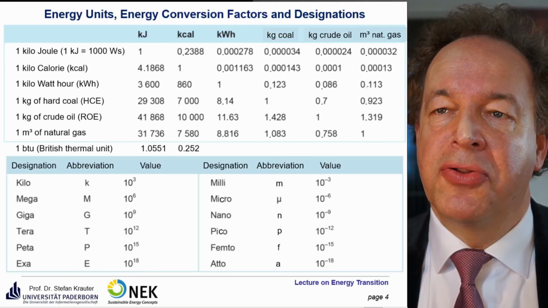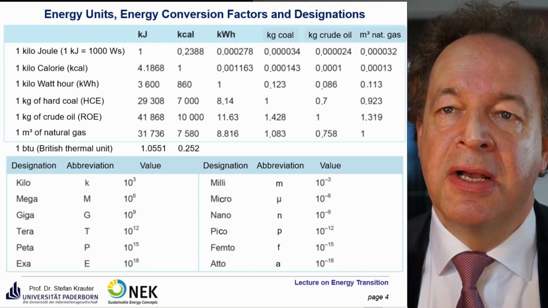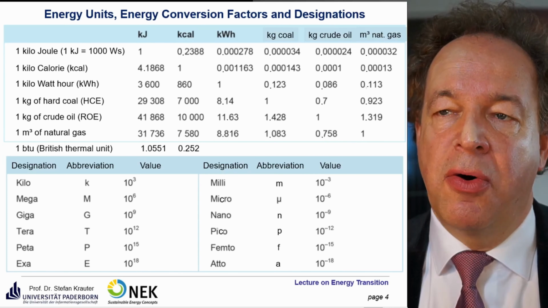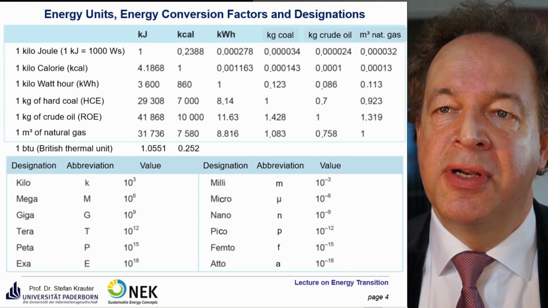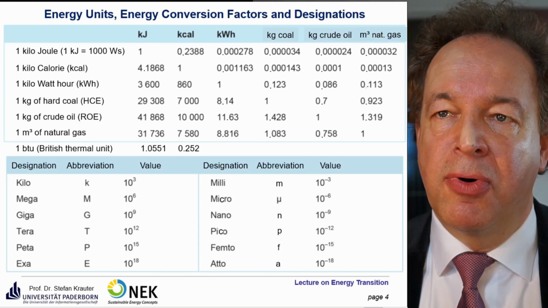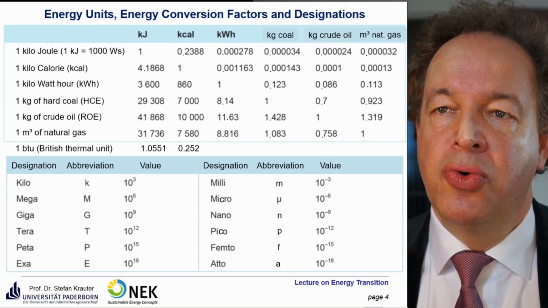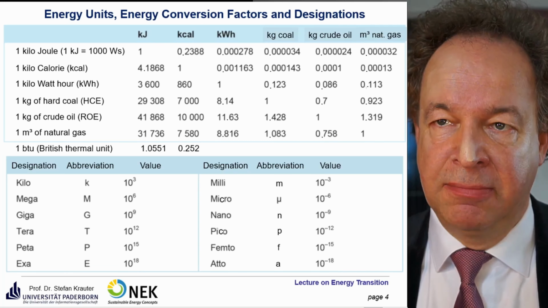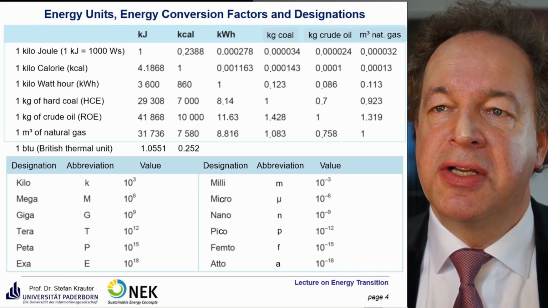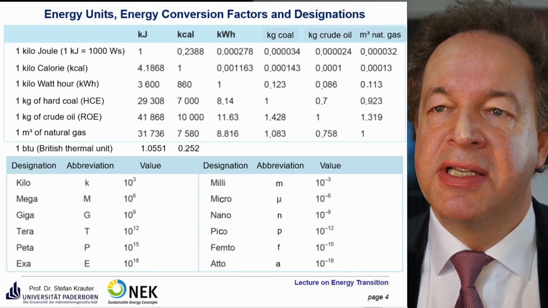First, let's talk about the units of energy. The SI unit is a joule, or 1 kilojoule is 1000 watt times seconds, so 1000 watt seconds. And this is 1 kilojoule. Formerly, the unit calories was used. 1 kilojoule is 0.2388 kilocalories. Or in terms of kilowatt hours, which is a relatively large unit,